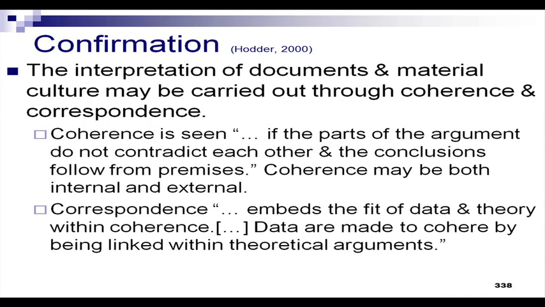Correspondence embeds the fit of data and theory with coherence. So, data are made to cohere by being linked with theoretical arguments. Correspondence means that the data and theory fit together coherently with each other. So, this is what I have found out, and this is what theory says about it, and this is how these two are connected. This is how I found out, and this is how it fits into or extends the theory, and that is called